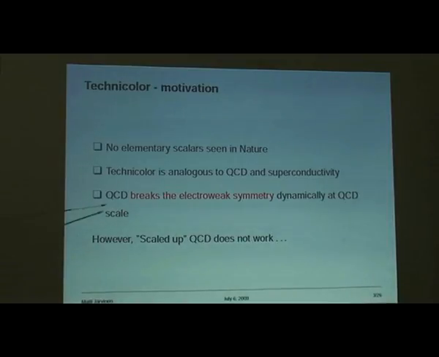So this QCD breaking will give contributions to the W and Z masses of order 1 GeV or something. But the most natural idea would be then to use exactly a similar theory as QCD, except at much higher scales, at the electroweak scale of a few hundred GeV, which would then give you the electroweak symmetry breaking at the correct scale. But it does not work. There are problems with